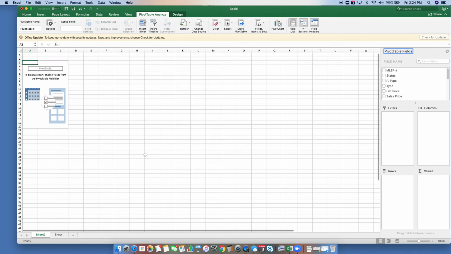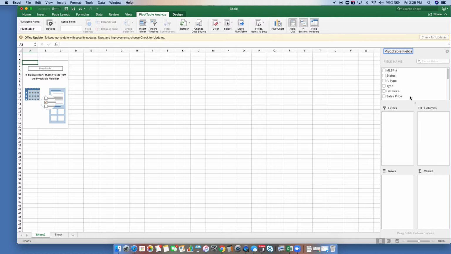I'm going to say OK, and it opens up a brand new sheet at the bottom here. In this sheet is the pivot table, and over here is the little pivot table tool that we're going to use to build and work with some of the information. What the pivot table does is essentially summarize the information for us based upon the criteria that we give it. So we have 89 transactions,